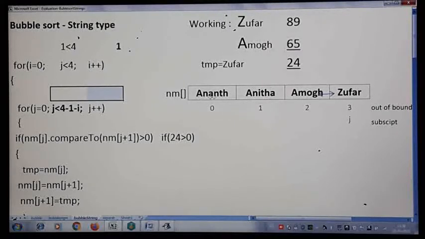By doing that, if you see, the entire list is not in a sorted order, but the biggest element, which is Zufar, has been moved to the last place. Now if you take this one, Anant, Anita, Amok, still it is not in a sorted order. Actually Amok should come to the first location. That will be done in the subsequent iteration. Once again these two will be compared, not in order, it will be swapped. Once again Anita and Amok will be compared, not in order, swapped. Like that Amok will be brought to this one. The next highest will be moved to the next location of the new list. This is how it works.